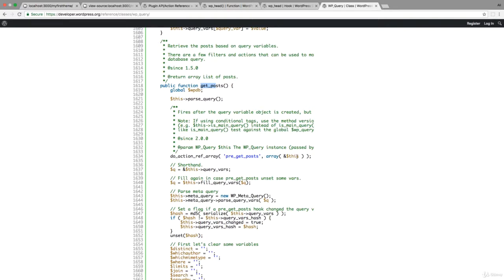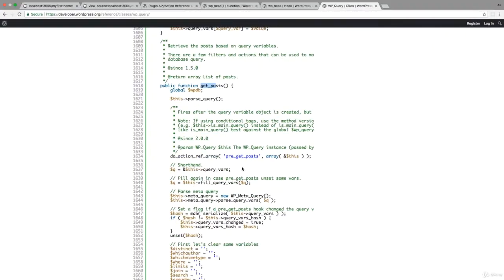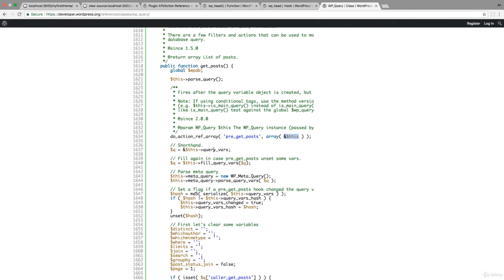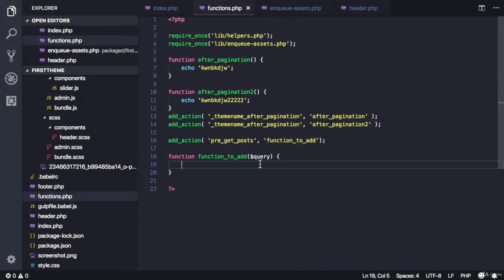So the array of parameters here is this, and this here refers to the current instance of the WP_Query, and that's actually what we get passed here, this query. So this action will run before calling get_posts for any WP_Query loop. Right, so after modifying this, WordPress will go on and use the one that you modified using the action. So what we can do is maybe we can check